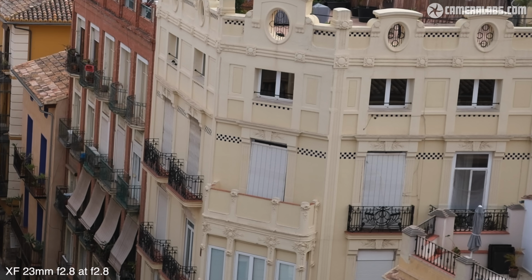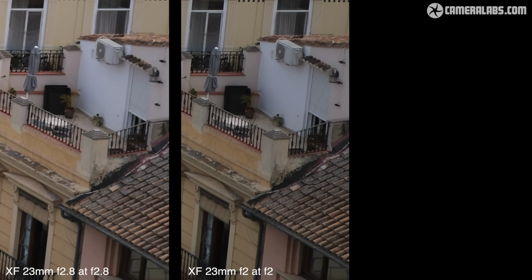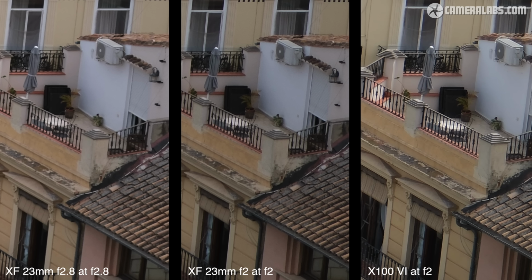Now I've chosen this particular area as it's closer to the plane of focus than the distant towers in the background. I want to measure sharpness here, not depth of field. So again, let's keep the XF 23 2.8 on the left and compare it to the XF 23 f2 in the middle, and the X100 VI on the right, all at their maximum apertures again, so f2.8, f2 and f2